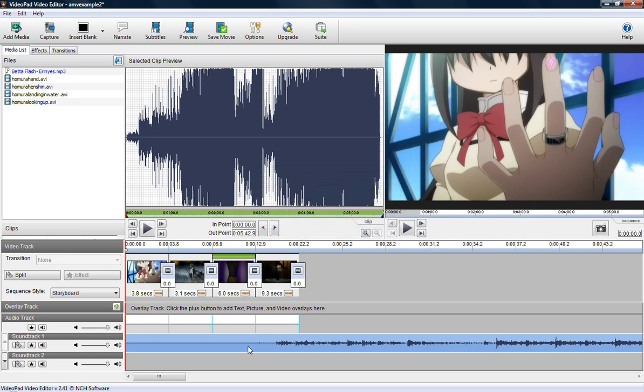As a last interesting side note, you can edit in and out points for your audio clip just like you edit your video clips. This is great if you're only going to use a certain part of the song, or if you want to make doubly sure that your song is in sync with your video, which is very, very important in an AMV.